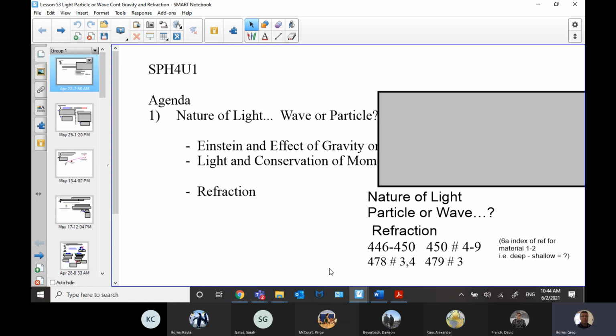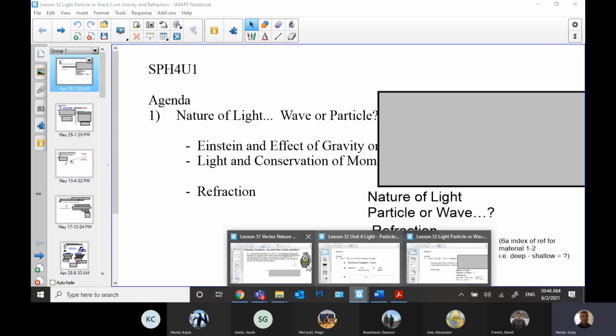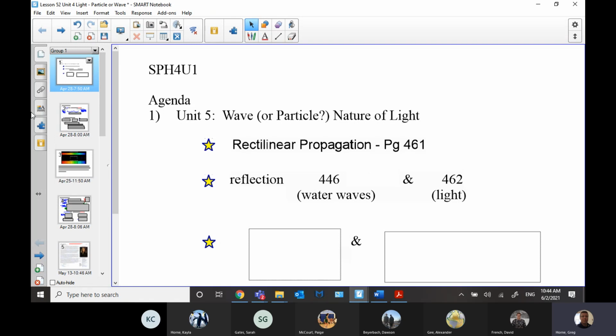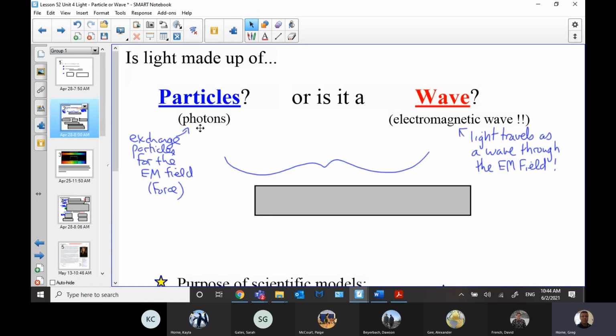I don't want to confuse things there. So let's keep going. You'll see it anyways coming up. Just right here is the kind of thing I'm looking at. So is light made up of a particle or wave? I'm going to do a screenshot of this over and over again, and we're going to be circling, based on this next property we're talking about, that indicates that it's a particle or indicates that it's a wave. So that's the big picture question we're looking at.